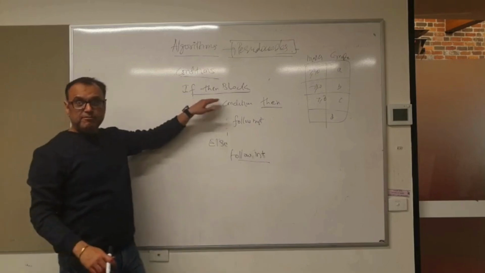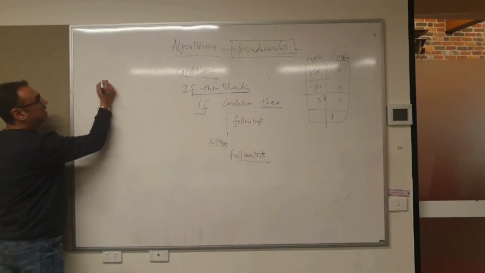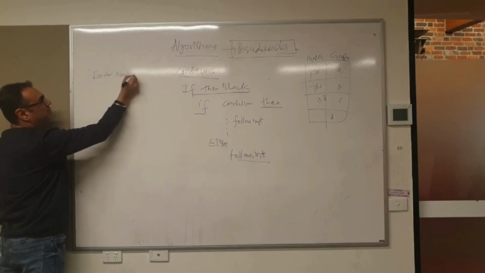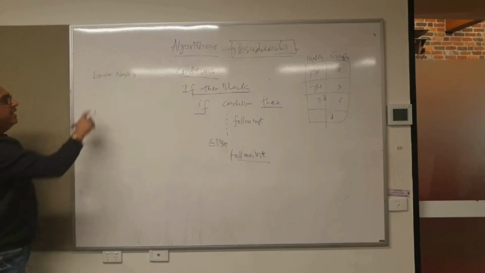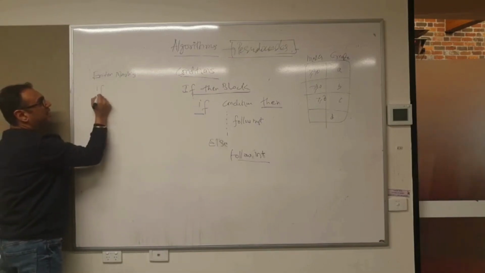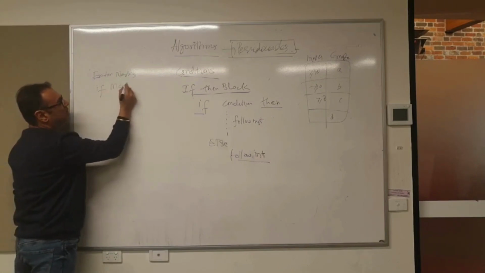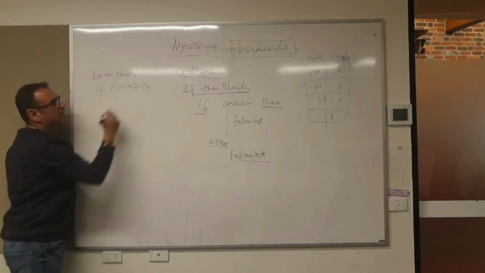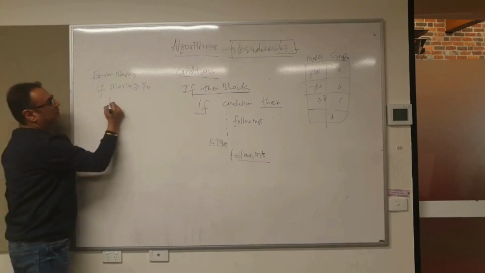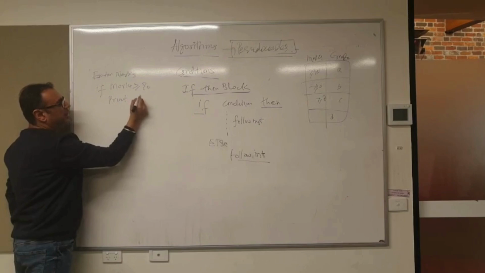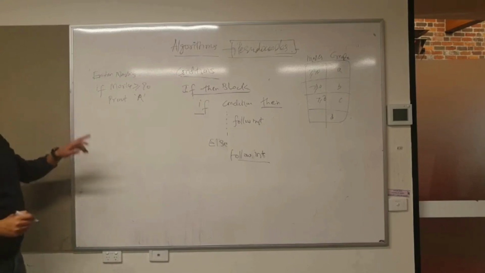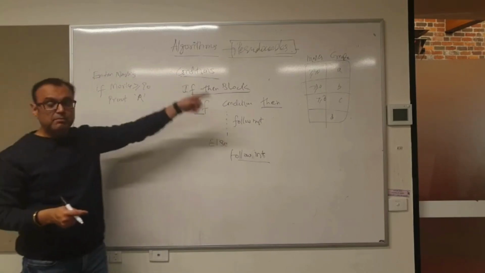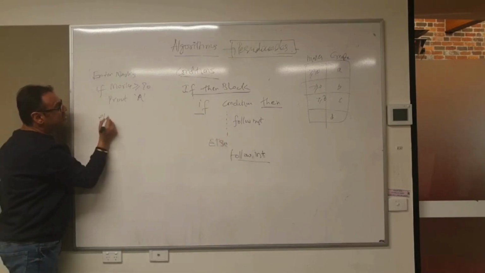I use the if condition. So I say enter marks. Now I'm writing the pseudocode, right? Yep, Tanisha, all good? Enter marks. And I say if my marks are greater than or equal to 90, print A. Then I don't say else. Else I say, because I've got multiple conditions now, I say else if